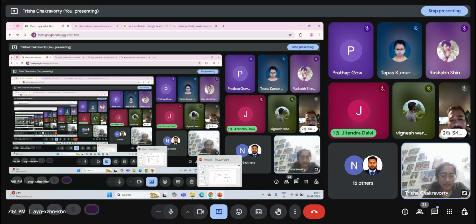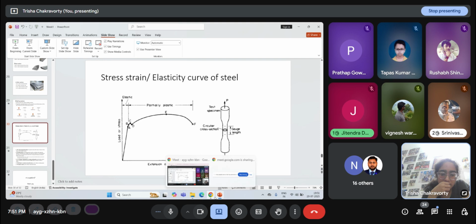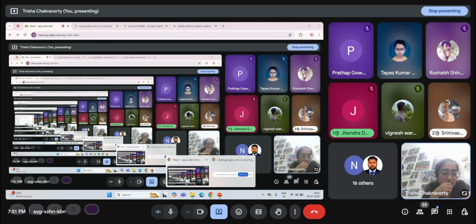That is why F is not the point I'm considering. Up to E, it does allow extra loading, but after E, even if I don't load or even if I reduce the load, it just flows and breaks. So E is the critical point here. Do you get it, or do you have any doubt?